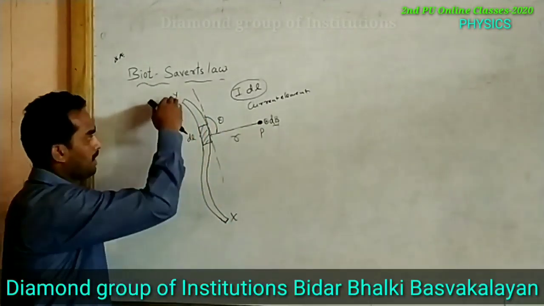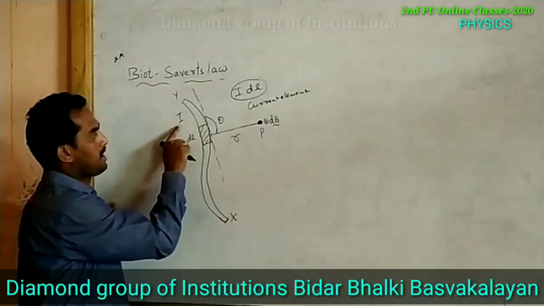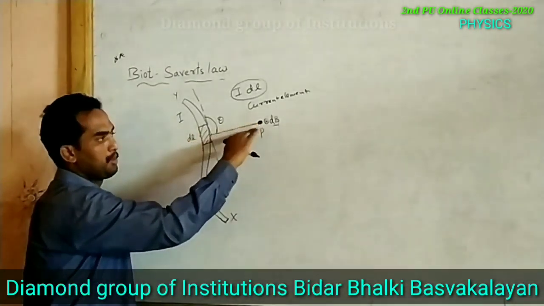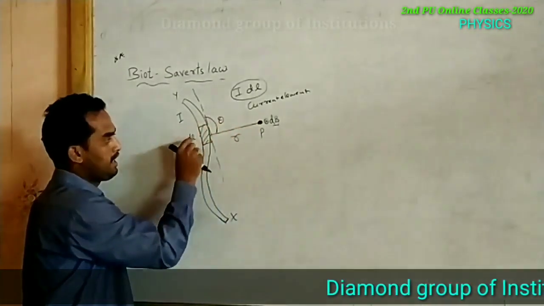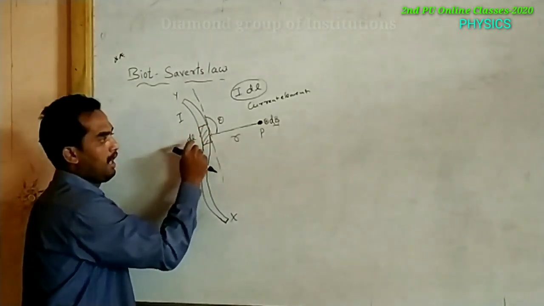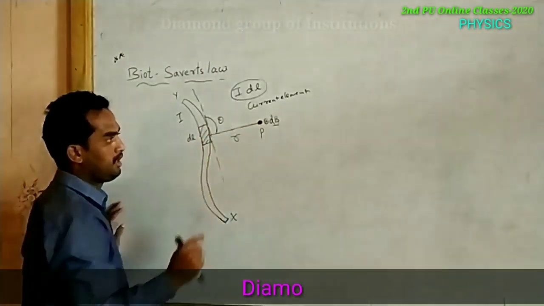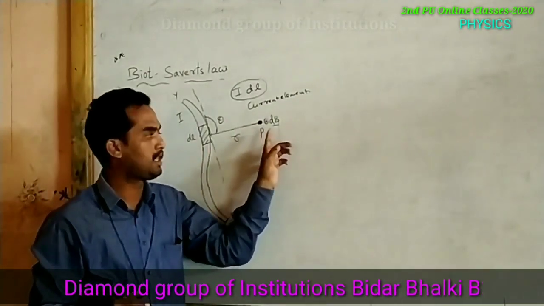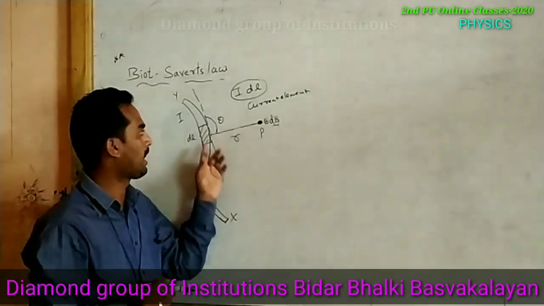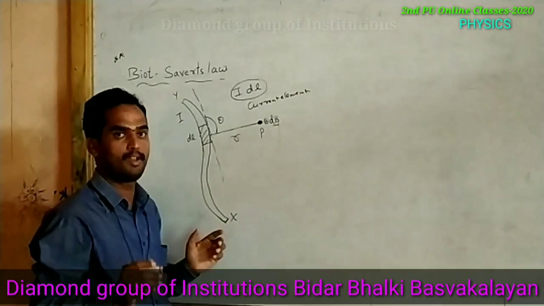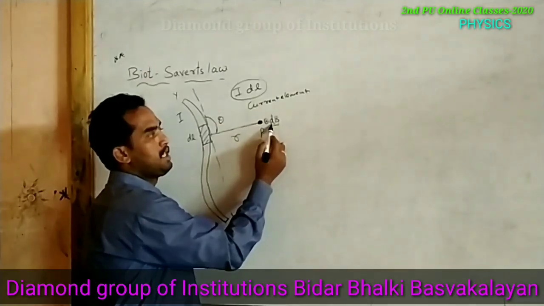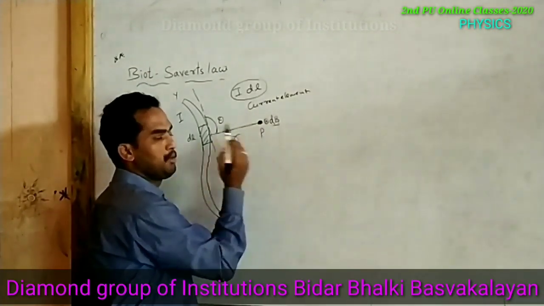See once again, the conductor, the current flowing here is I, and the angle between the current element and the line joining the point is theta. We consider an infinitesimally small length dl, at distance r, and then we calculate the magnetic field at a point P due to the current I. Whenever a current flows through a conductor, a magnetic field is always produced. That magnetic field dB we are going to calculate at a point P.